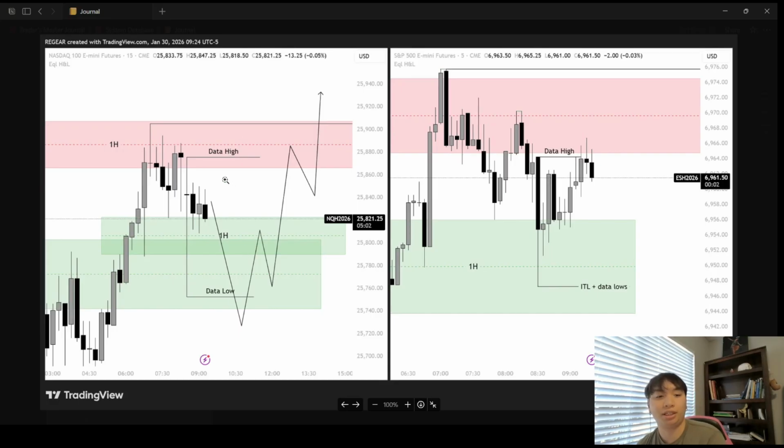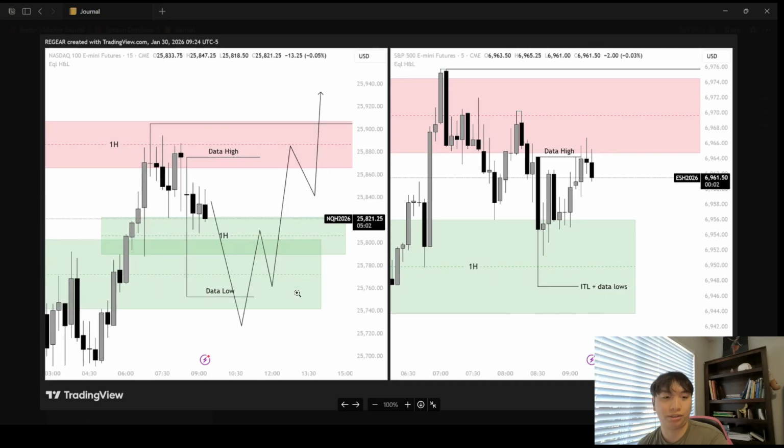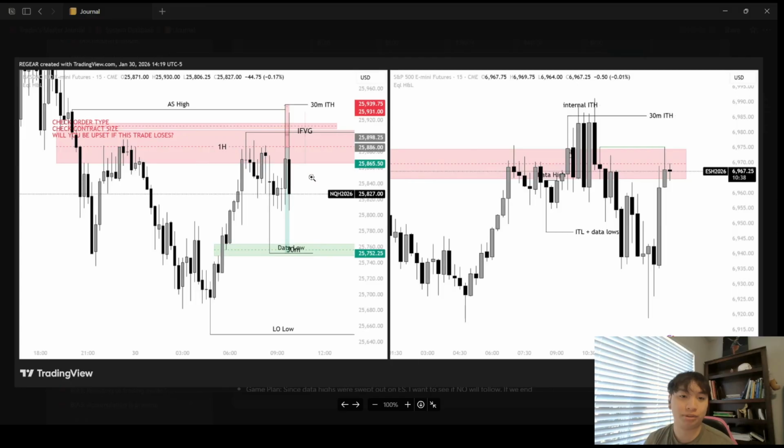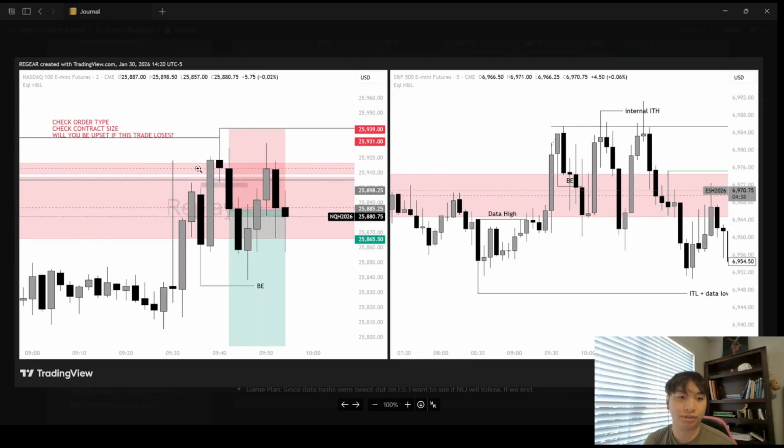So coming to today, we see that we ended up sweeping. You can see here, right? Data highs towards the data low, and then data low towards the data highs. As you can see, we swept data highs, and we also swept into Asian highs up above right here. We swept into this hourly intermediate high as well as this 15-minute right here. And from there, what do we see? We see a 2-minute inversion to the downside right after for this trading leg right here.